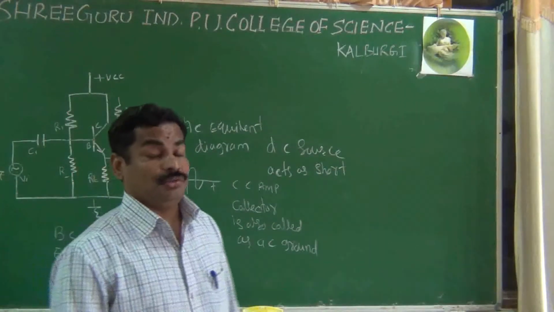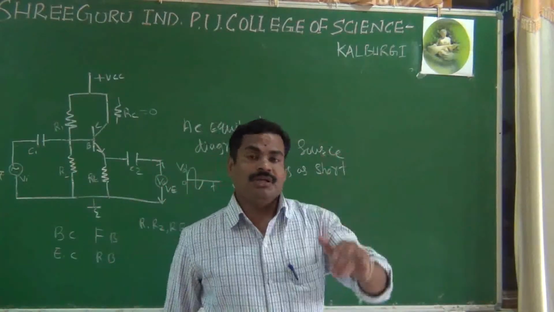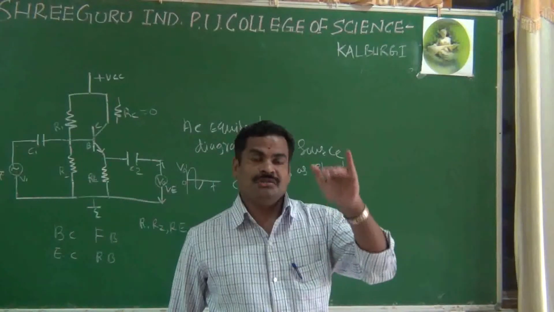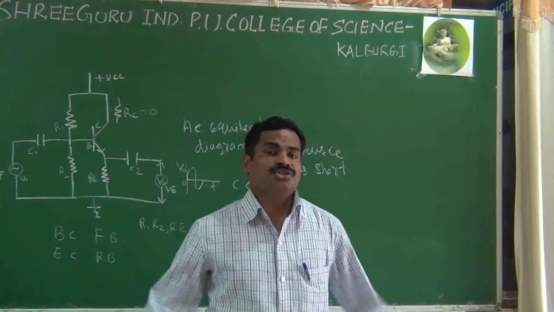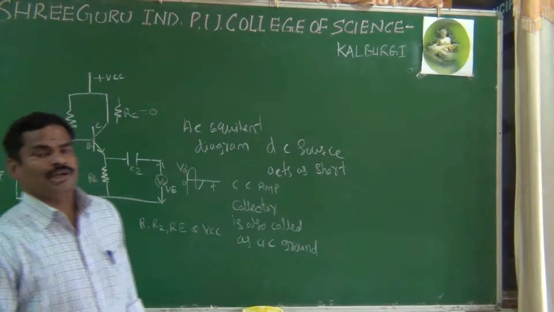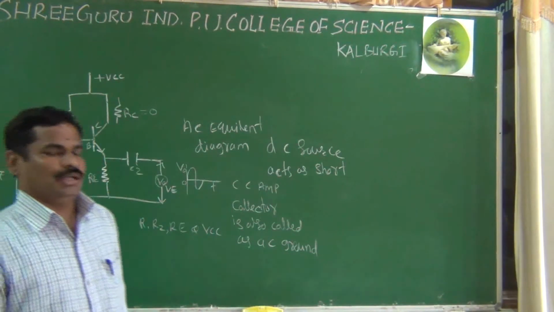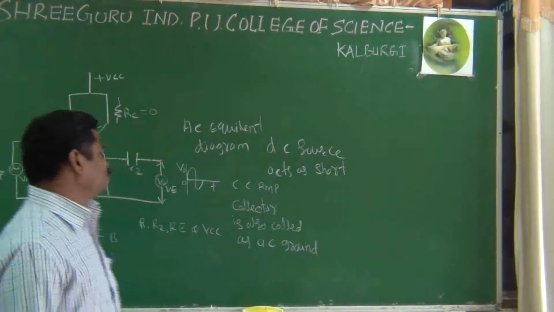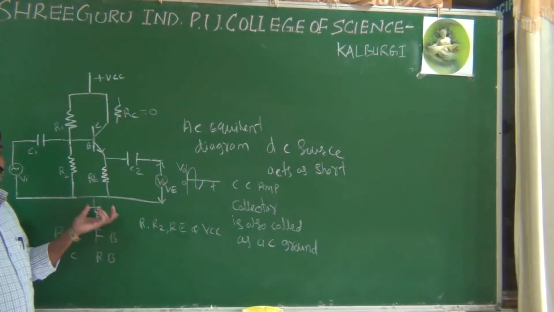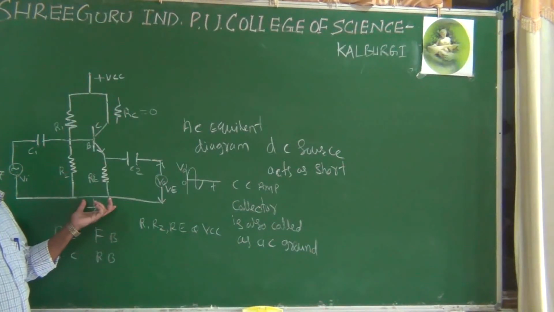We are always using the constant voltage. That way, that voltage does not change. That voltage is always constant. That also you can say is one type of ground. Ground is nothing but 0 voltage. And here also, because of the AC ground, we can consider the voltage to be 0 across your collector. This is the importance of the meaning of AC ground.